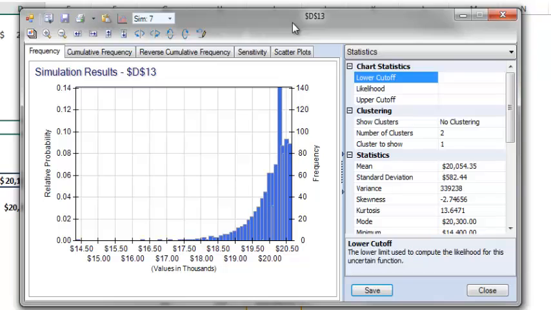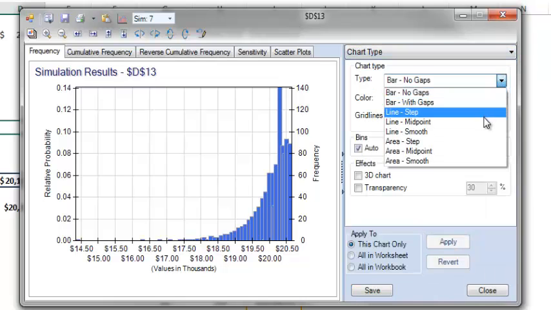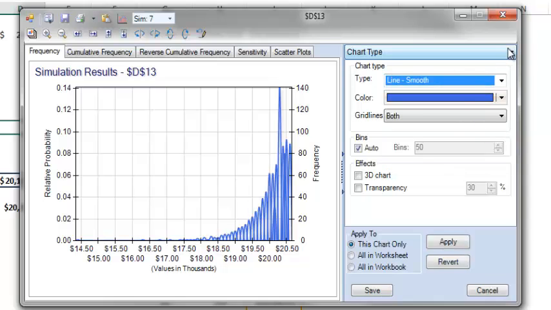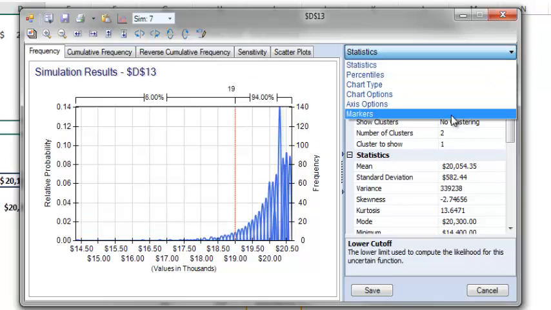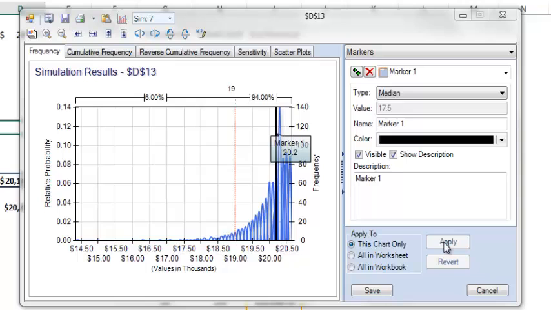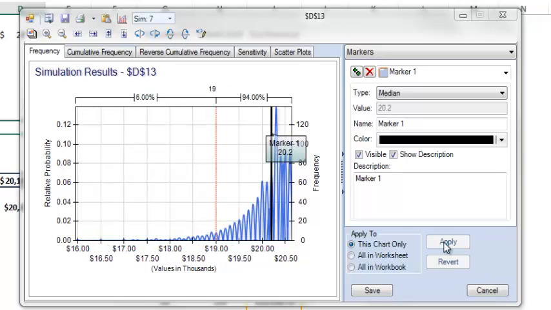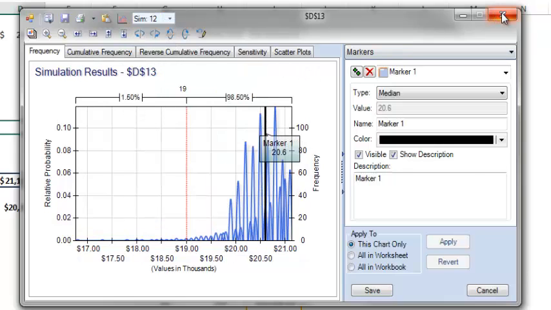One item that I do want to note is that if I make a change to the chart, such as changing the chart type, setting a cutoff value, or even adding a marker, all changes will be applied to all simulations. Once I close this dialog,